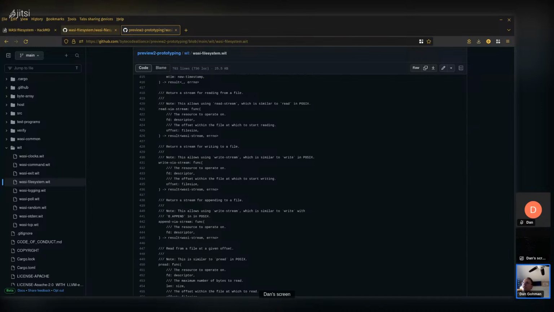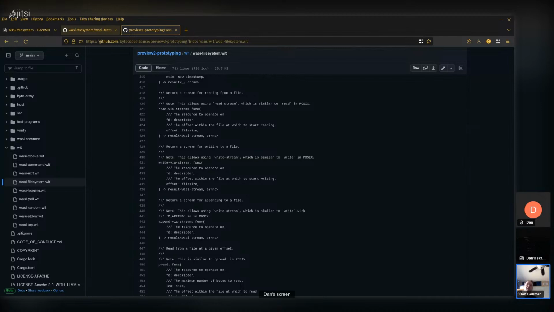Okay, why does Preview2 support gRPC calls, and can I shed more light on the socket preview? So WASI Preview2 is pretty strongly associated with this command world, the command world that I showed in the prototyping repo, and hopefully the subgroup repo will have something similar to this pretty soon. A typical command, if you think about a command line command,